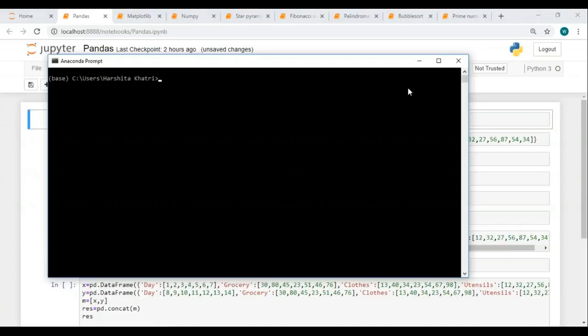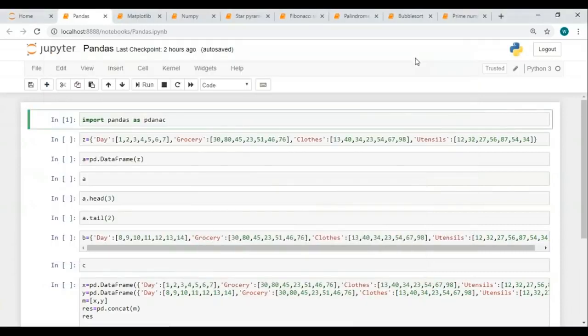If pandas is installed in your Anaconda environment, then it's not going to throw any error. In case you're facing any errors while importing any of your libraries, all you have to do is go to the Anaconda prompt and install that library. Just like this, conda install pandas, and hit enter. After that, it's going to install pandas for you. Remember that it's going to ask you a question whether you want to install it or not. Just say yes when you have to do so. Now let's get back to our Jupyter Notebook over here.